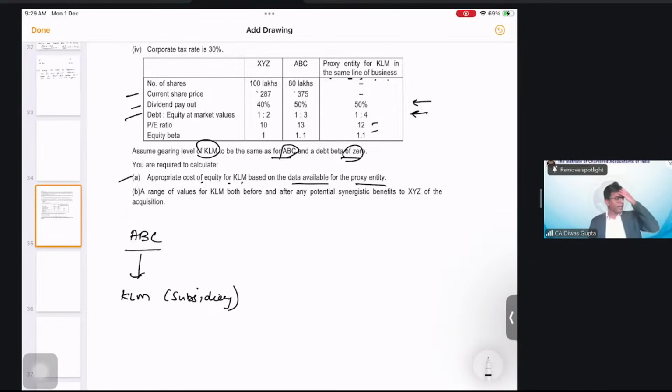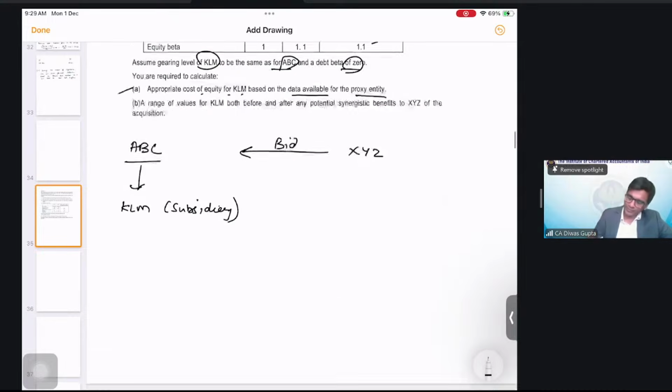There is a subsidiary called KLM. XYZ has taken a bid to purchase this company. Okay. One more thing, students. Beta